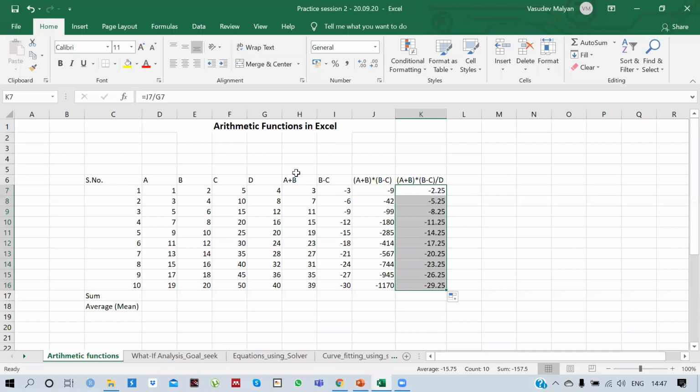So these are 4 basic functions I wanted to show you. Now these were operations. These were not functions. Please understand. And now we are going to see some of the built-in functions in Excel. And 2 of the most important and most simple functions in Excel are summation and average. We are going to add all these elements, and then we are going to also find out the mean of these elements. So again, put an equal to sign.